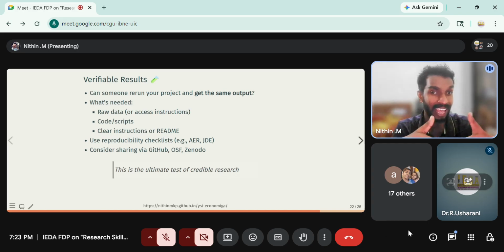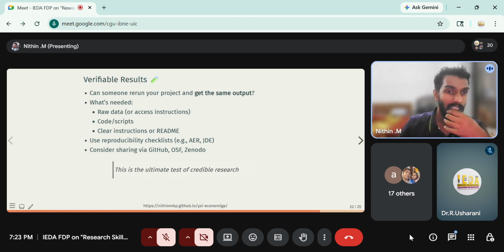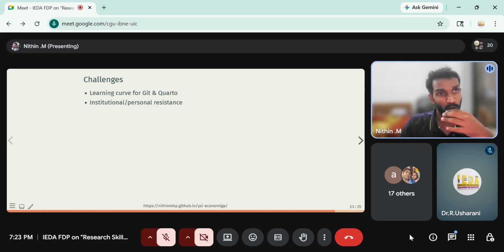So when I say that, others can verify that using my data and codes. Okay, so that's the idea. Of course, there are only 2 challenges that I know. There is a small learning curve, and then the most important thing, because I was a